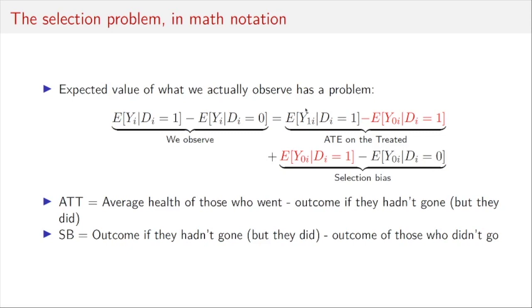The expected value of going to the hospital minus the expected value of having not gone to the hospital for those who actually did go. That is the average treatment effect on the treated. It is the difference between the average health of those who went minus what it would have been if they hadn't gone. But this leaves us with this second term,